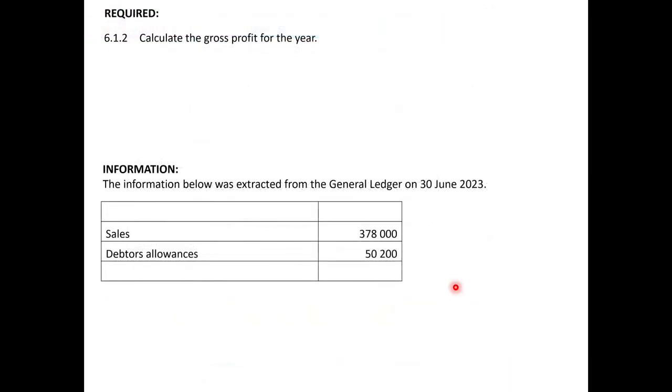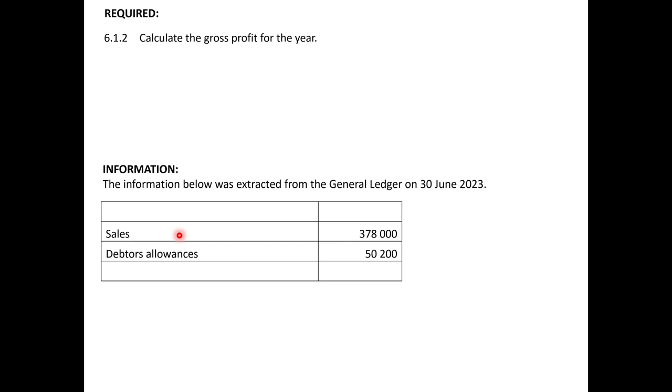The next question, 6.1.2, they've asked us to calculate the gross profit for the year. In order for us to calculate the gross profit for the year, we are going to use certain information. And just a reminder, guys, that certain information has been given actually to confuse us. So, for example,